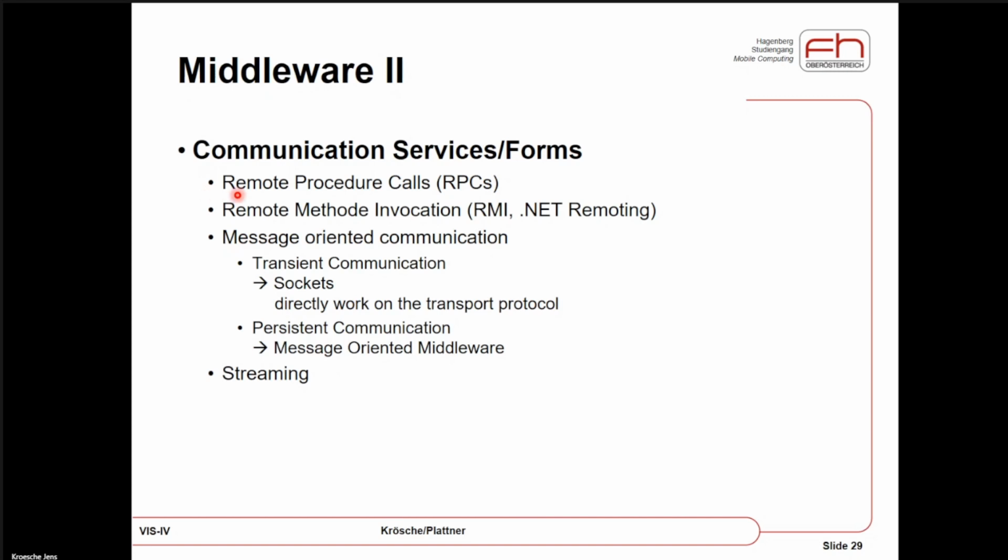And of course, we cannot stick to remote procedure call because we are not having procedures. So we have to come up with a different name. And the different name was remote method invocation, because objects have methods. And therefore, it's not called remote procedure calls anymore. It's called remote method invocation.